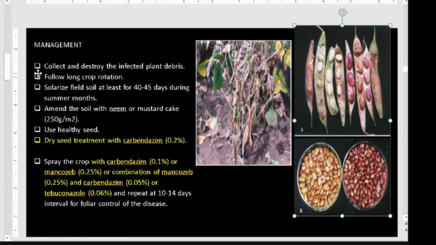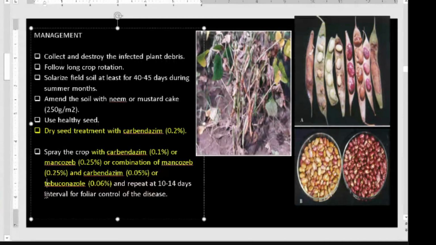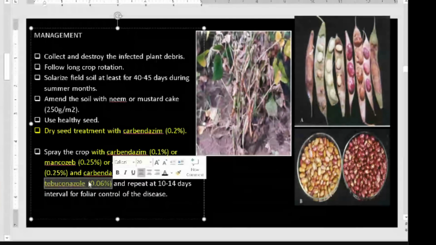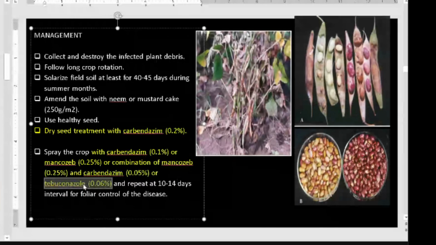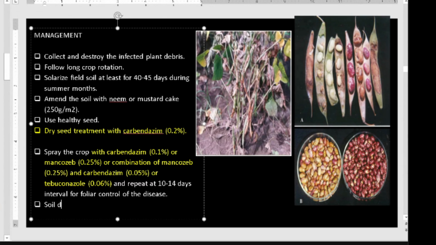Of course, seed treatment is important in this case because it can establish itself on the seed. And for foliar spray tebuconazole, it is also a triazole. This is found very effective. So this can be used. You can also go with foliar spray of carbendazim. So when there is root rot phase, you should go with soil drenching. So when there is root rot seen, you can go with